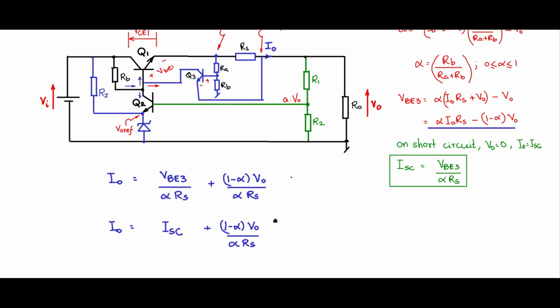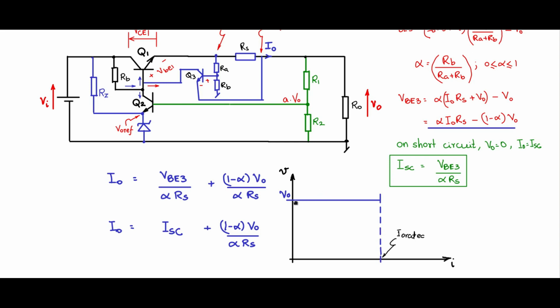So this is an interesting equation. If you plot I naught and V naught, you find this interesting. In this region, whatever be the load change here, I naught changes, V naught is constant till it reaches I naught rated. So this is I naught rated. This circuit will operate in the normal mode, regulation mode, for all the loads which appear here till I naught rated.